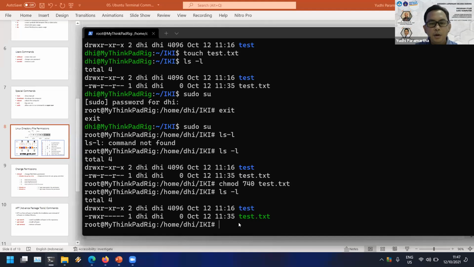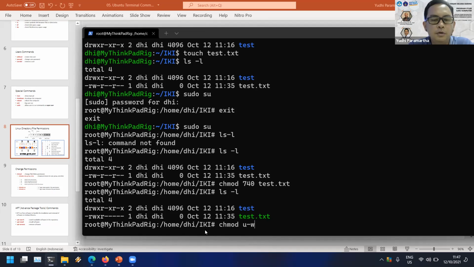So maybe we will give the user only read permission, for example. You could use something like this: chmod, then u for user, and minus for removing the permission. Then what permission do you want to remove? For example, I want to remove w, the write permission.